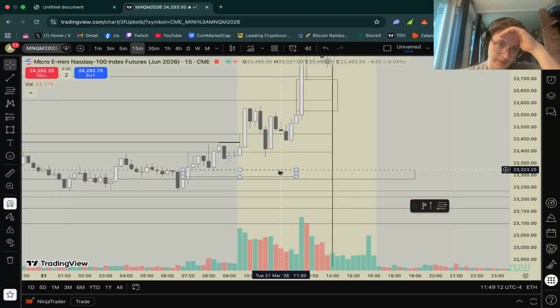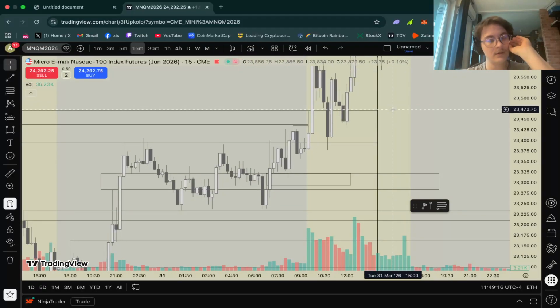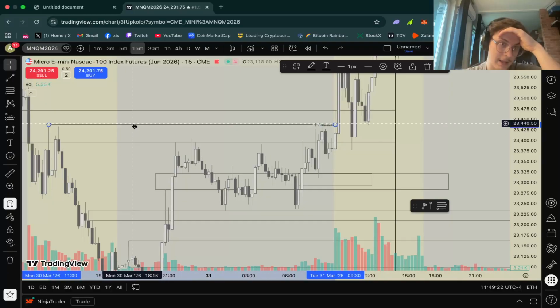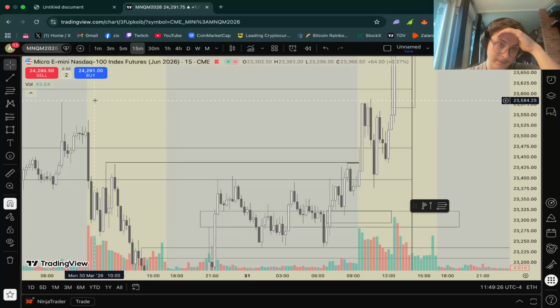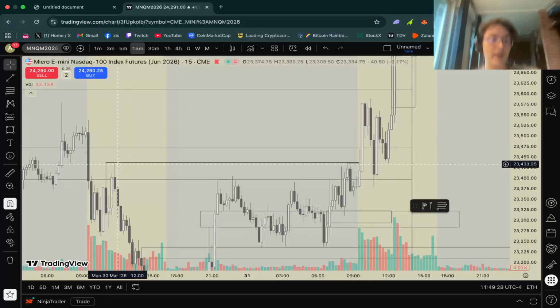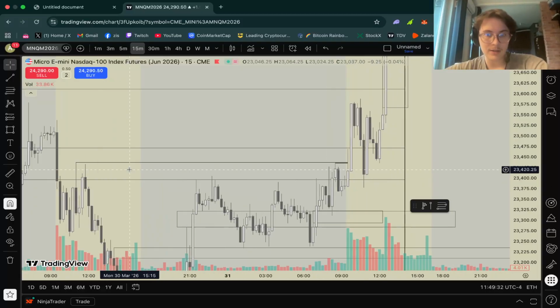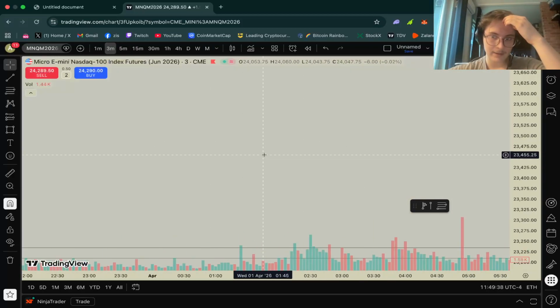And where does this link up with anything? So we are inside this 4 hour. My plan going into open was, well, we have this liquidity up here, or here, or here. We have liquidity here, or here. But obviously I was just targeting the first liquidity first, and if whatever I wanted to see would have happened, then I would have had a trade, and that did happen, because